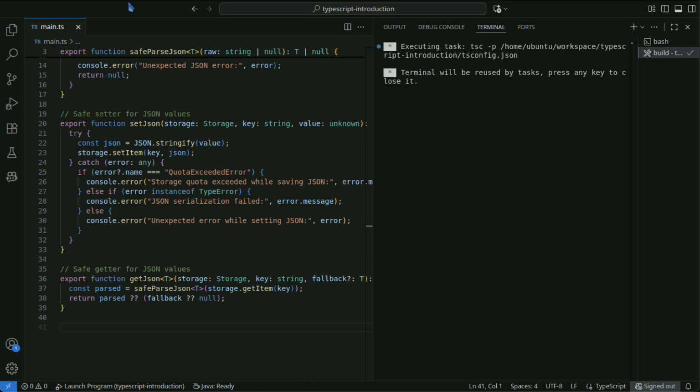You can reuse this utility across the app. Wrap further when you want to add try-catch.